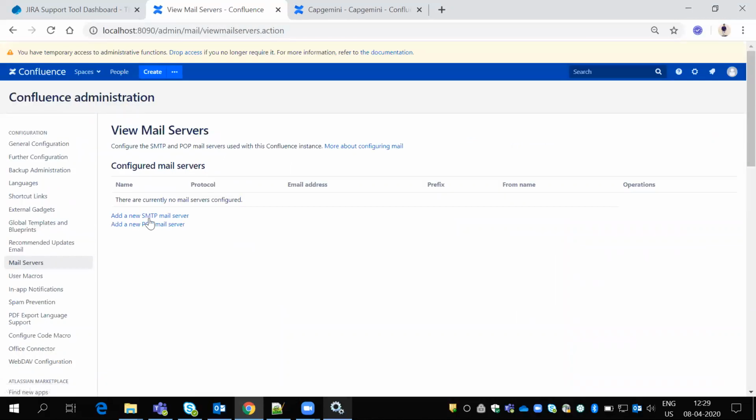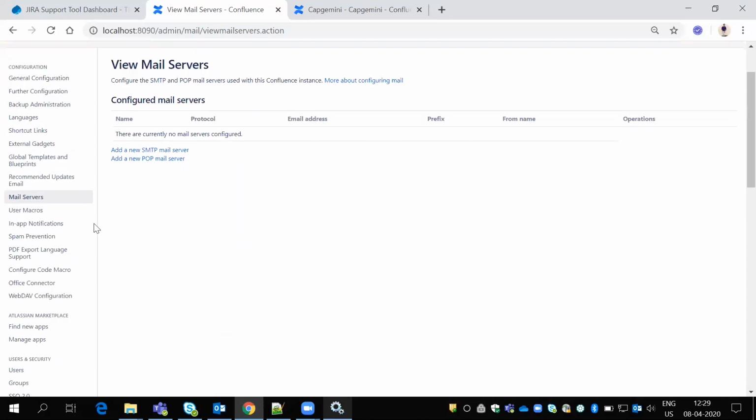In the mail server, we need to add an outgoing email ID, add an SMTP server or POP. So we have to configure one outgoing email ID. Then there are macros and Find New Apps. Find New Apps is the Confluence Marketplace, from where we can install some apps.